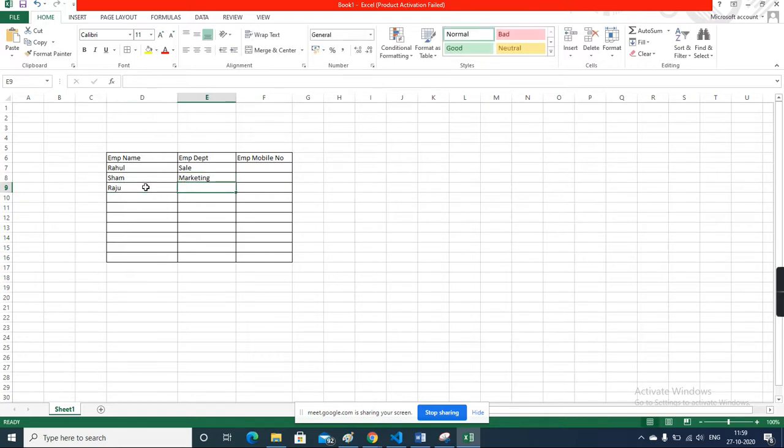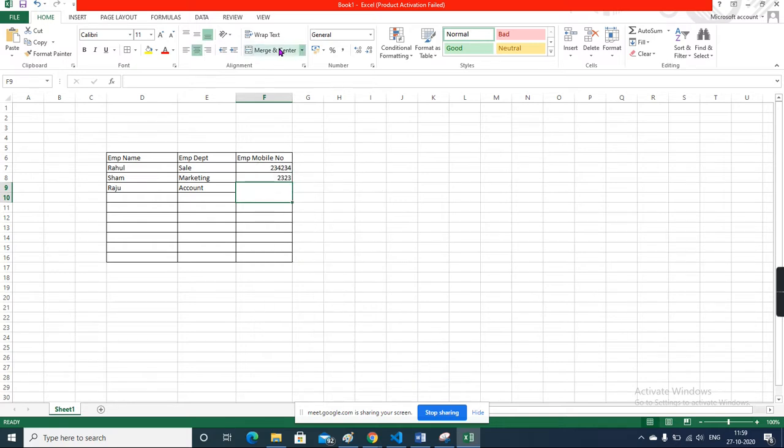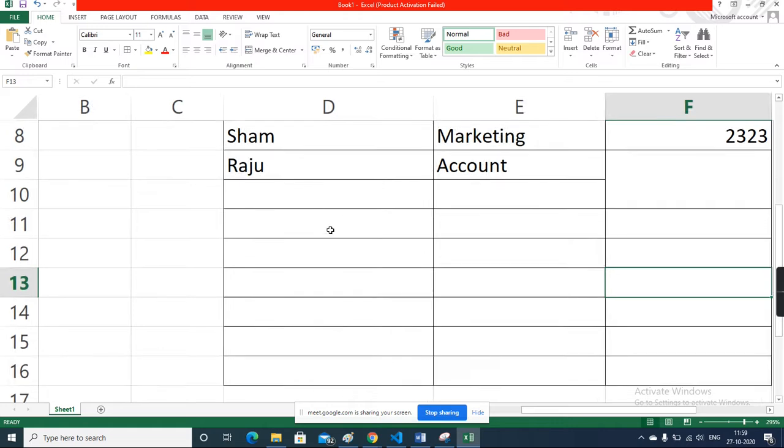Raju is the employee, from account department, and there are mobile numbers. But Raju has two mobile numbers here.